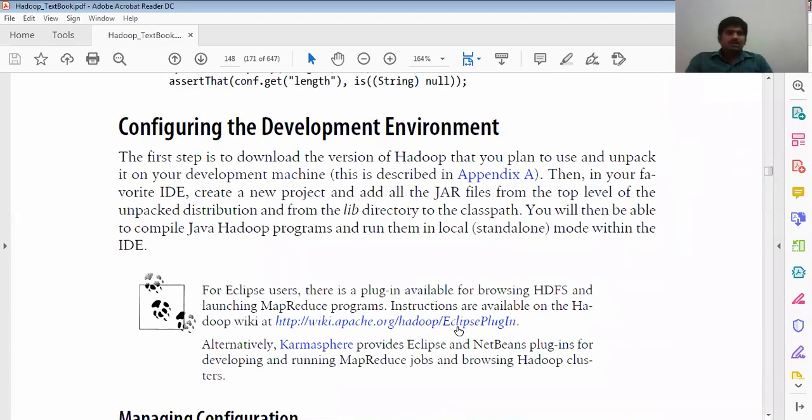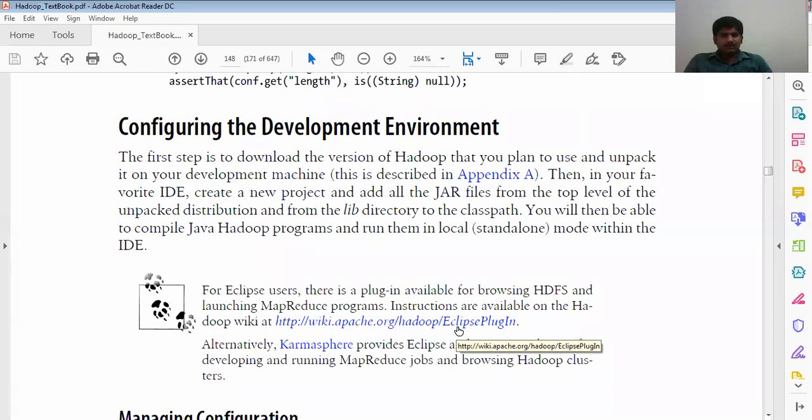Configuring the development environment, how are we going to set up the environment? The first step is to download the version of Hadoop that you plan to use and unpack it on your development machine. Then, in your favorite IDE, create a new project and add the jar files from the top level of the unpacked distribution, and from the lib directory, to the classpath.